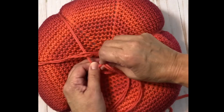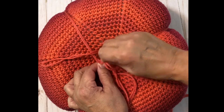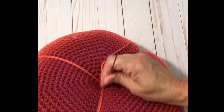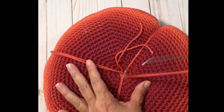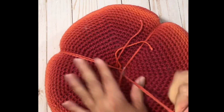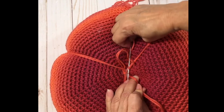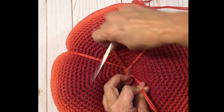pulling it out the back. The more times you put that needle through to the center, the easier it is to come out the center at the bottom. It just starts making its own way and makes it easier. And there you see the yarn is a little bit loose, but I can just pull it. Yep. And then use one of those